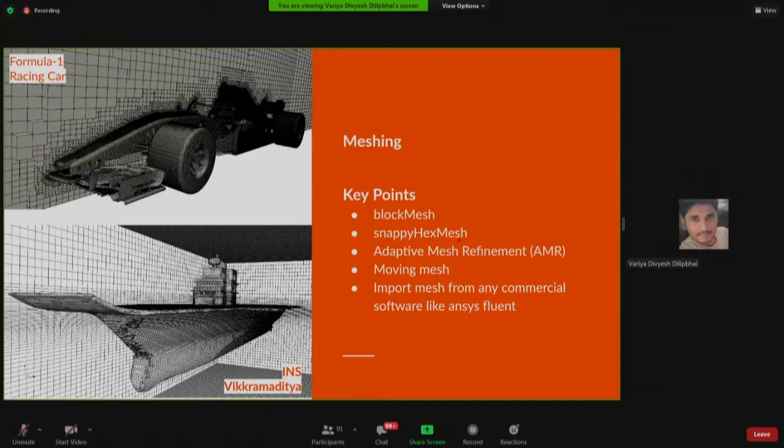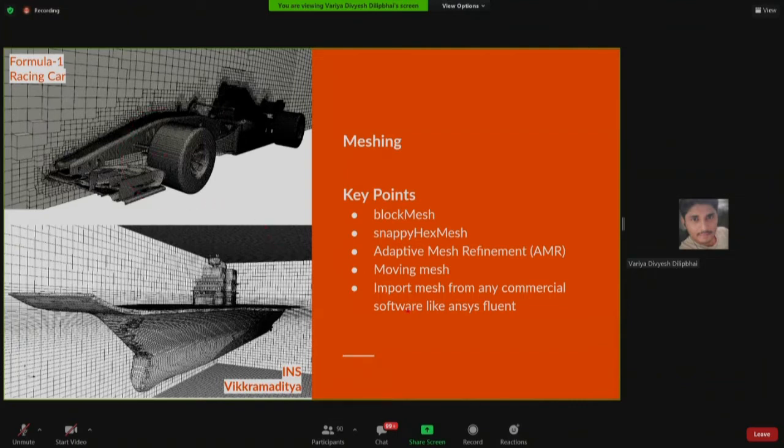For that we have case studies, and in those case studies we have explained that you can create a CAD model, export it in the STL file format, and go through a few steps, and you will be able to mesh these very complex geometries and get a very refined and very fine mesh for complex geometries as well.